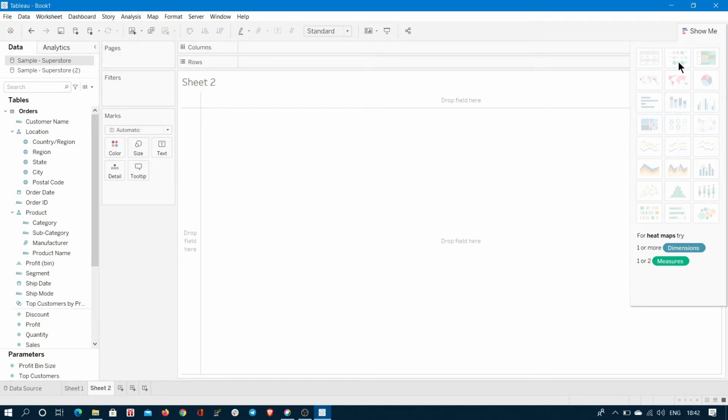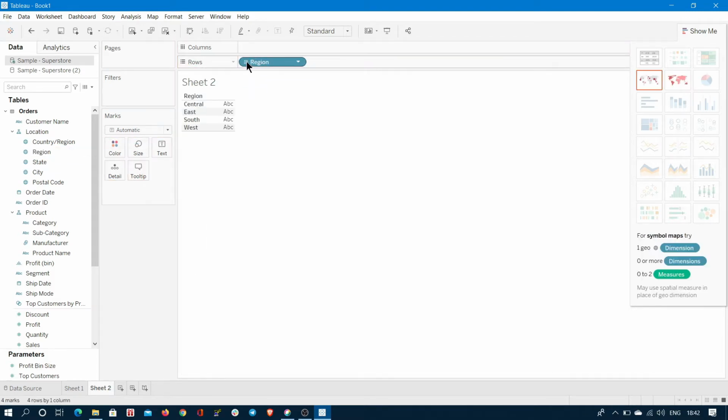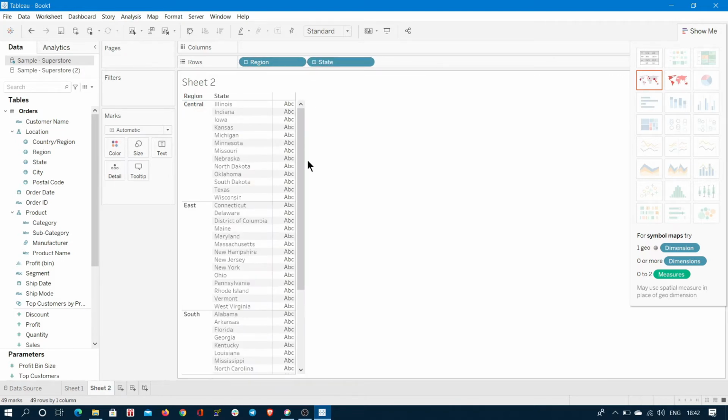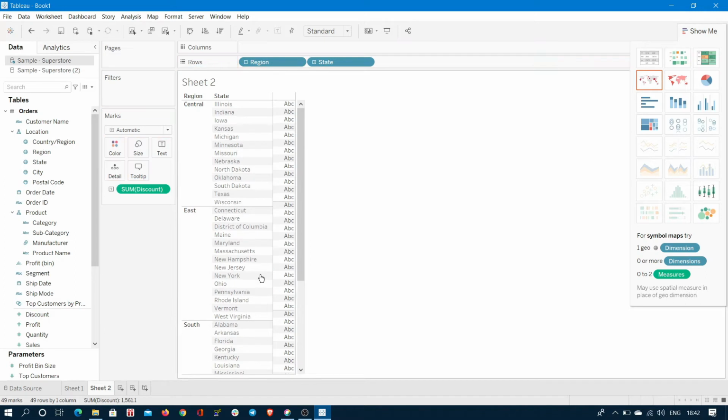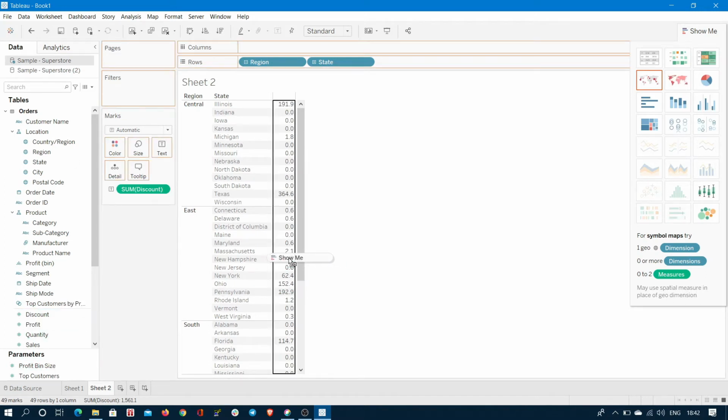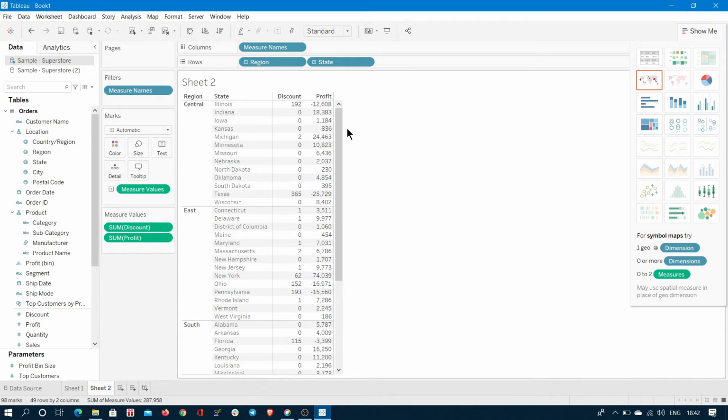Let's do one thing. Based on the region, I want to select the profit. So click on region, drag and drop it to rows, and expand it down to states so that it will be a somewhat clearer representation. Then I want to add one measure, sorry, one or two measures. So I want to add discount to this one and also profit again. So I used two measures and two dimensions. Now if you observe here in the Show Me tab, this heat map got highlighted.